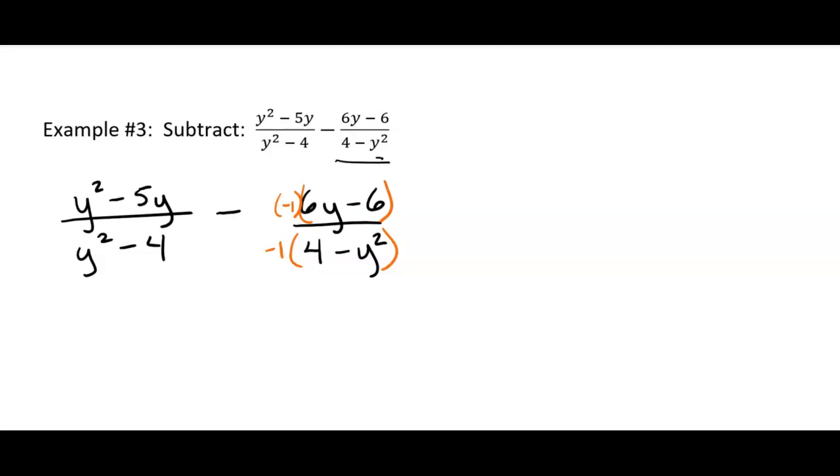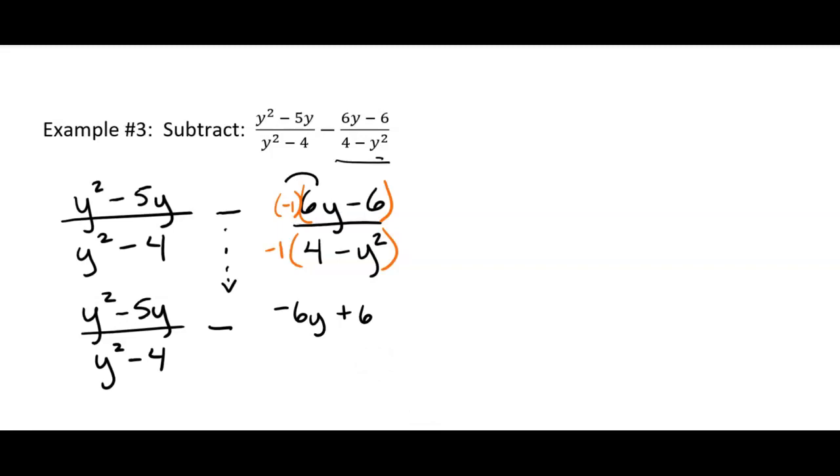Okay, first rational expression, just copy that down. And then it's still a minus sign there. That comes from right there. And then in the numerator, I'm going to have a -6y plus 6. I'm distributing that -1 I'm multiplying by. And then in the denominator, from what we did up above in that other example, those are just going to switch around, so it's going to make it y squared minus 4. Now you can write that out in 2 steps if you want to, but that's what's going to happen. Now the denominators are the same.